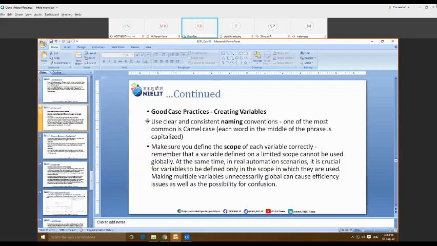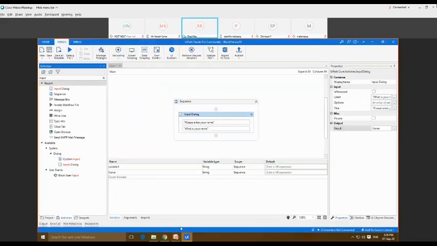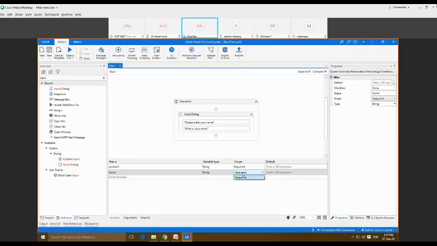Suppose, let me open this again. You can see here for this variable, we are working in the sequence file. Suppose in some cases we work in more than one file, like if you're working in a flowchart, you can see here this is our flowchart file. Inside the flowchart, if you have a sequence file, there we have to very cautiously define the scope of that particular variable.